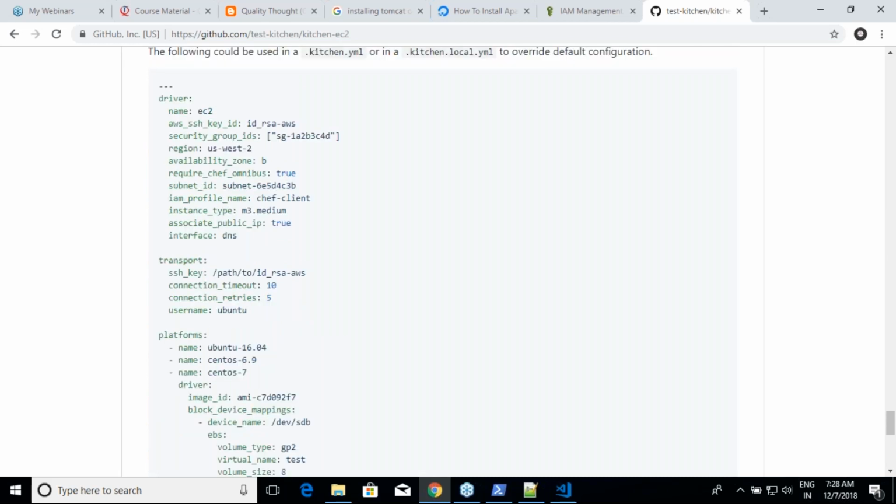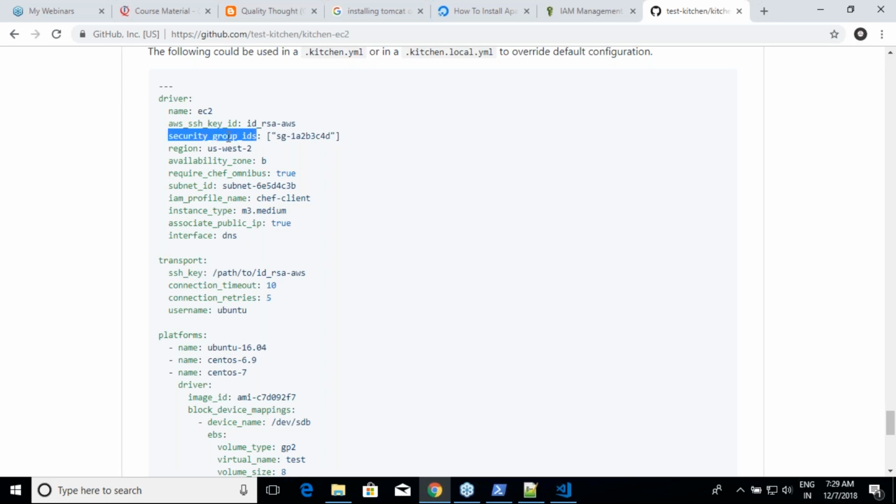All right. For SSH key ID and SSH key, if you want to use existing keys, you can use that, or don't enter either of them. Kitchen will create one key on its own and it will log in on its own. Since this is a test setup, I don't want an existing key. I am okay with test kitchen using its own key. So I'm not going to enter either of these. Okay, so I'll start from here.